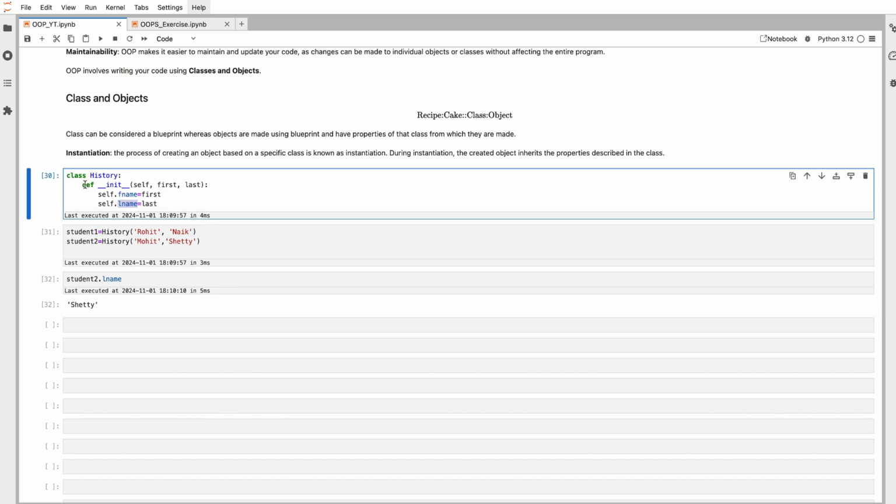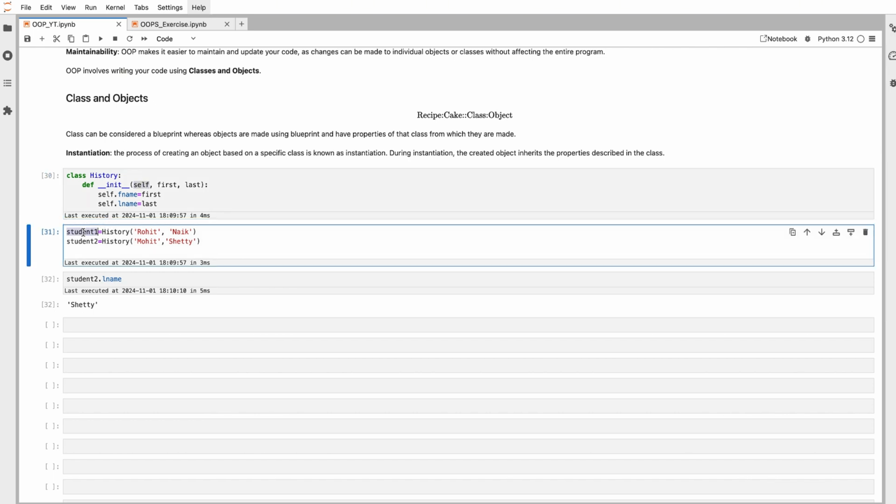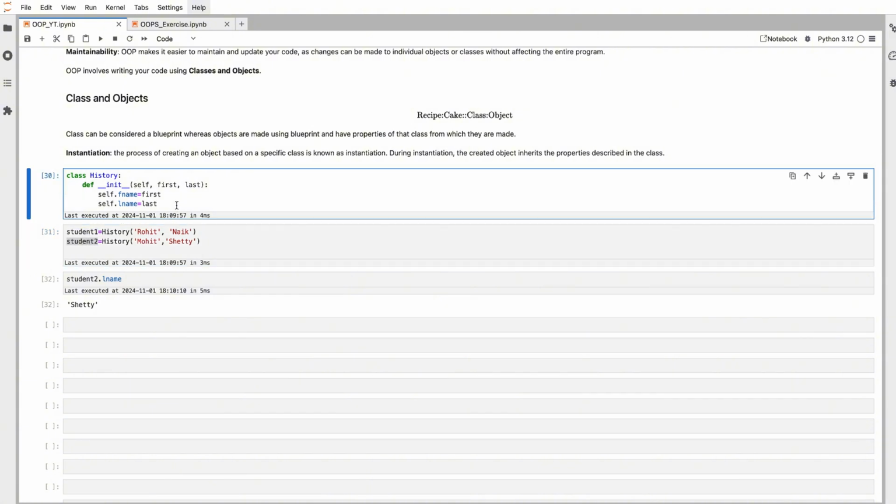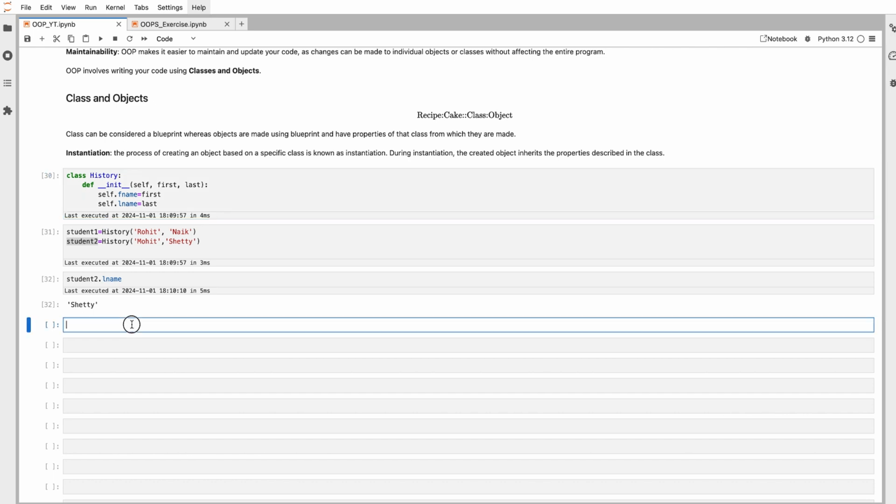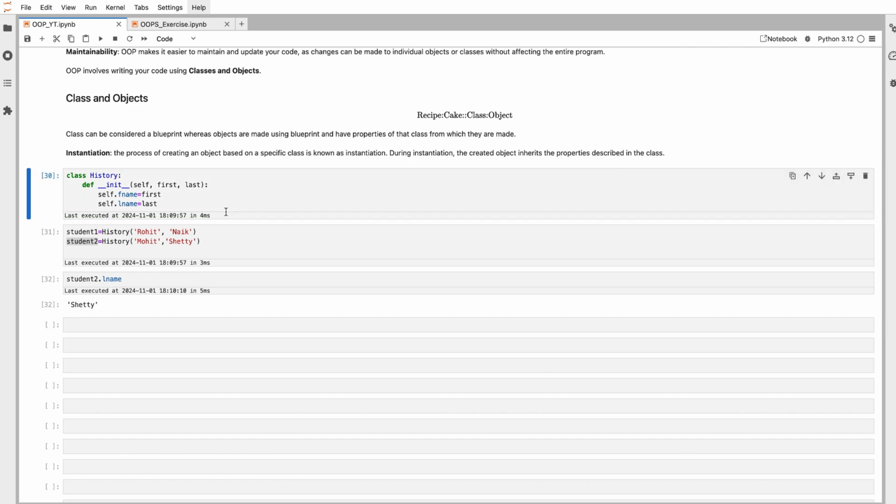One thing to notice here is that writing self is a convention. Whenever you are talking about self, you are talking about the instance. So in this case, student 1 is the self. In this case, student 2 is the self. So suppose I want an email address for the student, what I can do is,